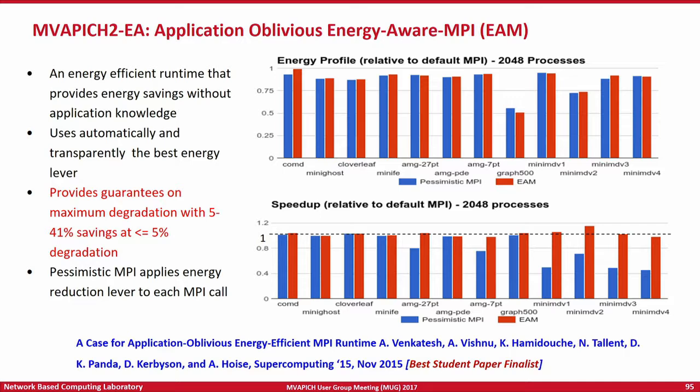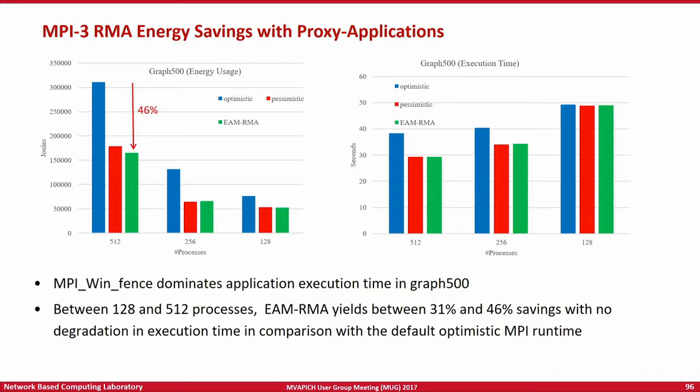So the same techniques that we apply to point-to-point and collective communication are also applicable to the RMA operations, as you can see in this graph. We also have some energy monitoring tools which you can use as an LD_PRELOAD option, which tells you how much energy was used by your DRAM, your package, your memory, your CPU, and so on during the application execution.